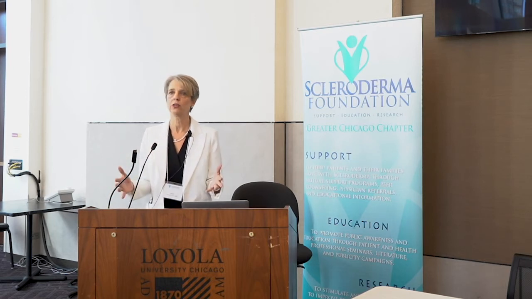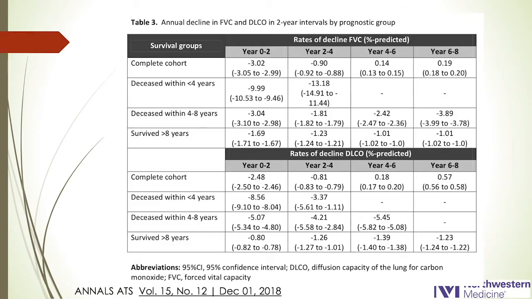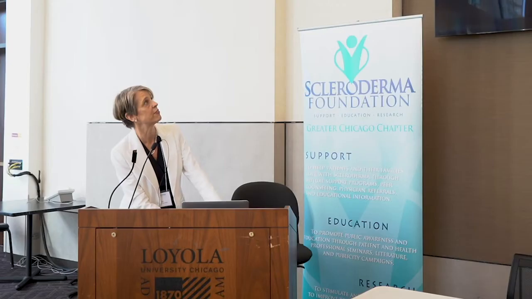And so when they looked at the entire cohort put all together, what they saw was exactly what was described earlier in the Steen study out of Pittsburgh, the historical perspective, that the complete cohort did have loss of lung function. So again, this is 0 to 2, 2 to 4, 4 to 6, and 6 to 8. So most of the lung function loss in the first 5 years, and then really little loss after that, so